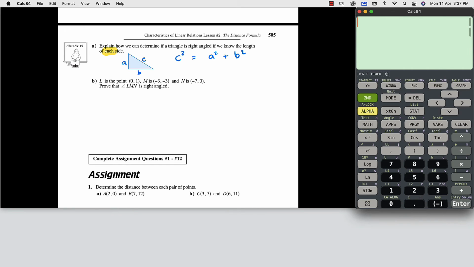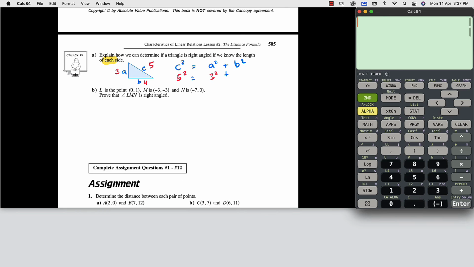So all you need to do is take the value of C. For example, if this was a perfect 3, 4, 5 triangle, I would just put the 5 right there, squared, equals the 3 squared plus the 4 squared,